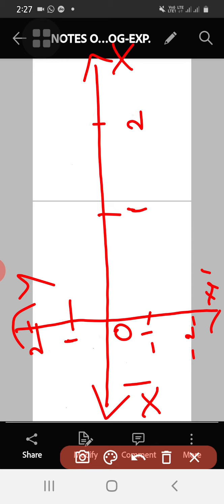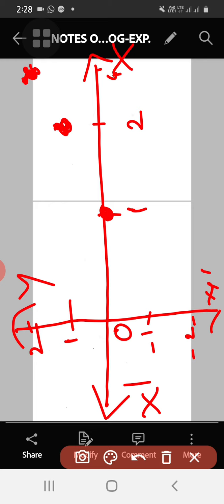So what are the coordinates here? 1 comma 0. So it lies on the x axis. So it is a point which lies on the x axis, 1 0. Then what is the next point? 2 comma 1, it lies here. Let me mark this point here. Then we have 4 comma 2. So you can take this as 4. Then 4 comma 2, the point lies here. So this is happening to the right side of the origin.